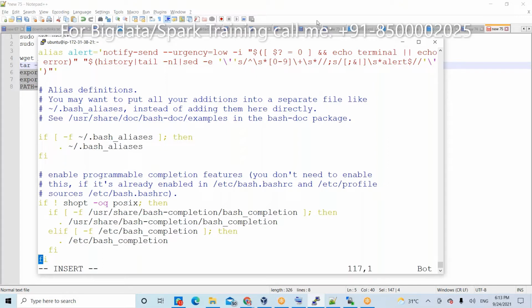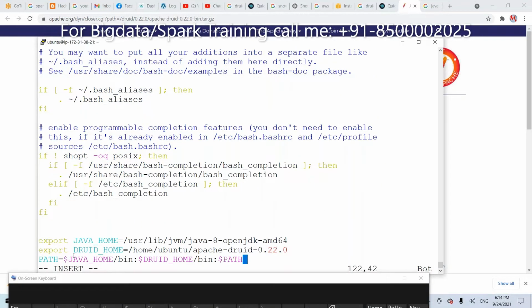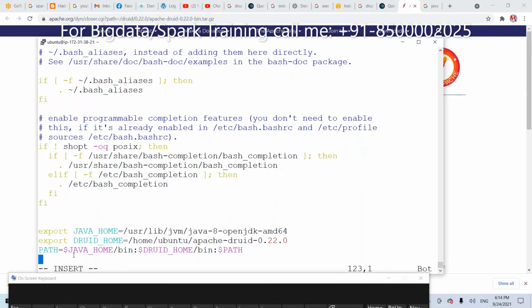My recommendation here. Okay, that's fine. Now just copy these, export and all these things, and paste here. That's it. Root home, 99% everything correct.